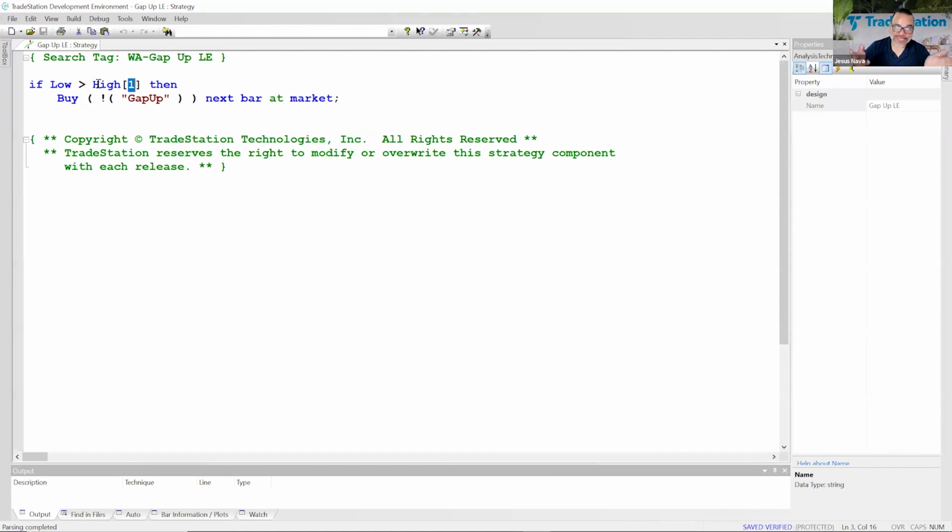And of course, that condition can happen any time of the day. If you wanted this to only look at the beginning of the day, you may have to add some timing conditions, like look at the time. I'm not going to modify the original code, but just for you, if you're thinking about different ways in which you can use time so that a strategy only looks at the beginning of the day, one thing that you can do is if date